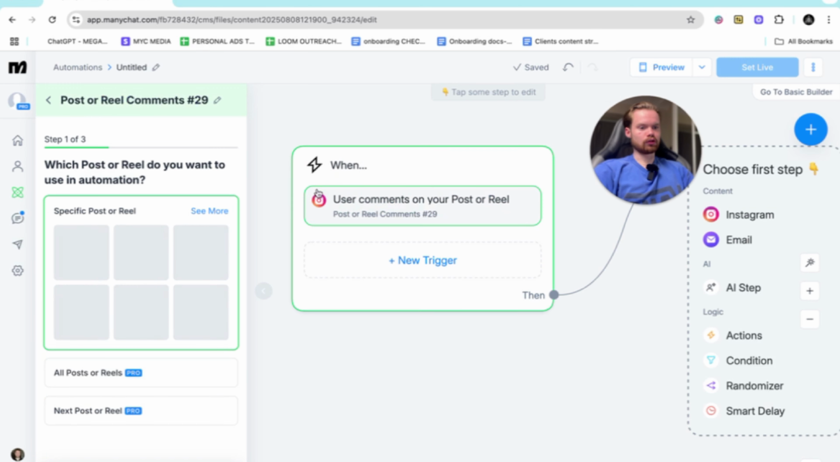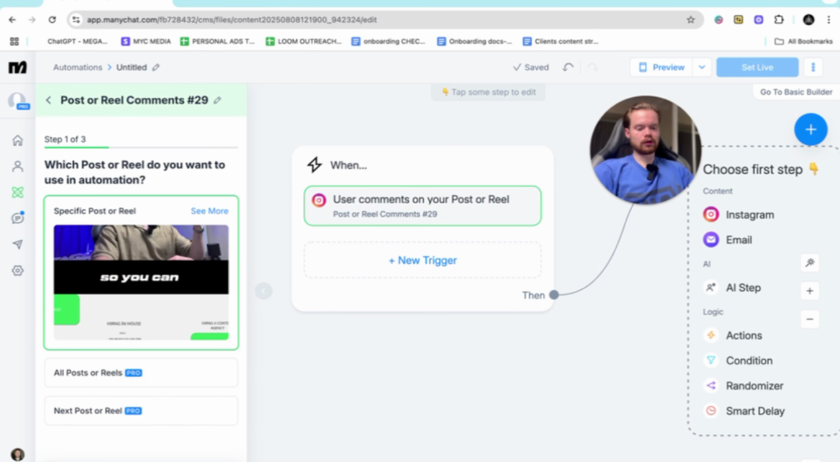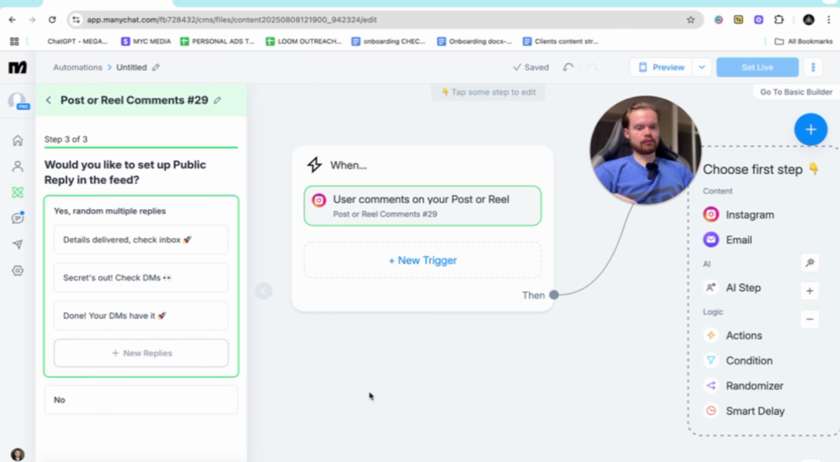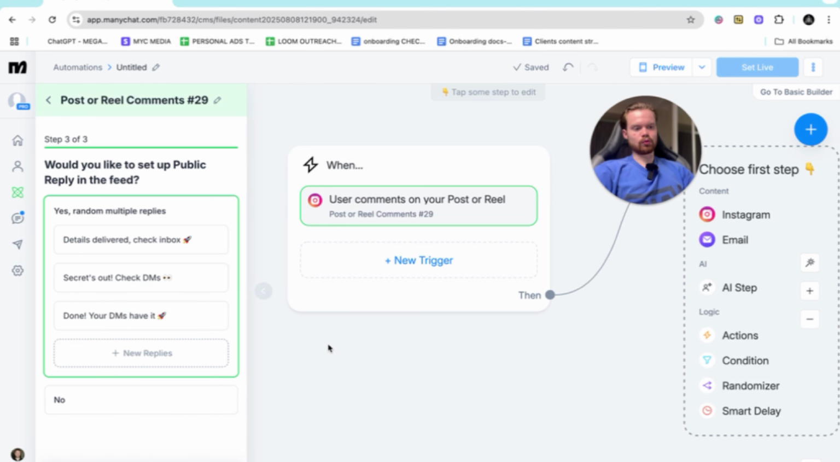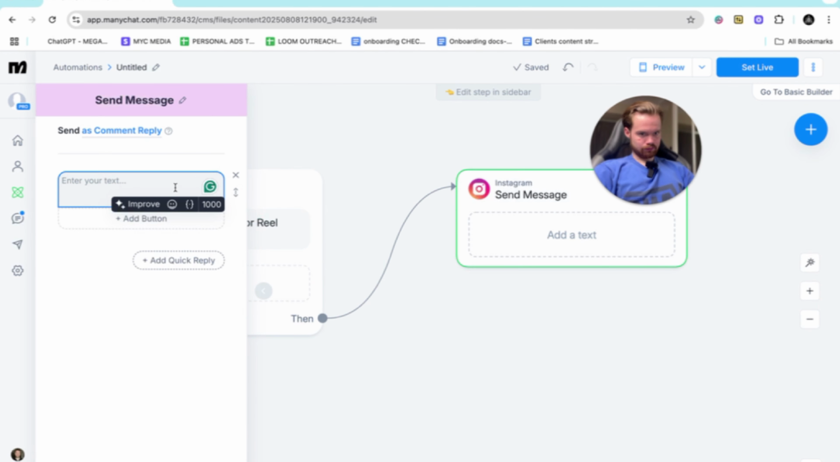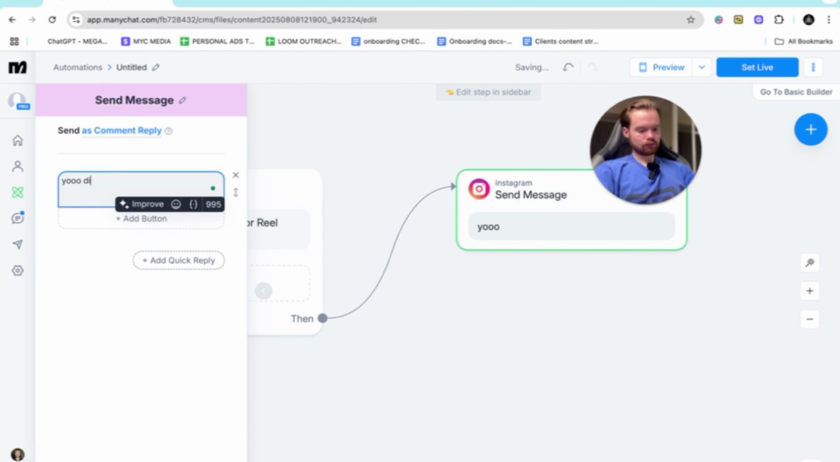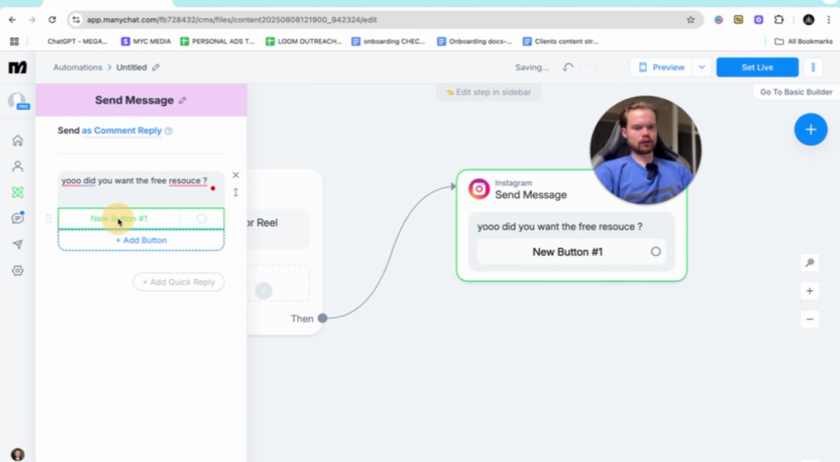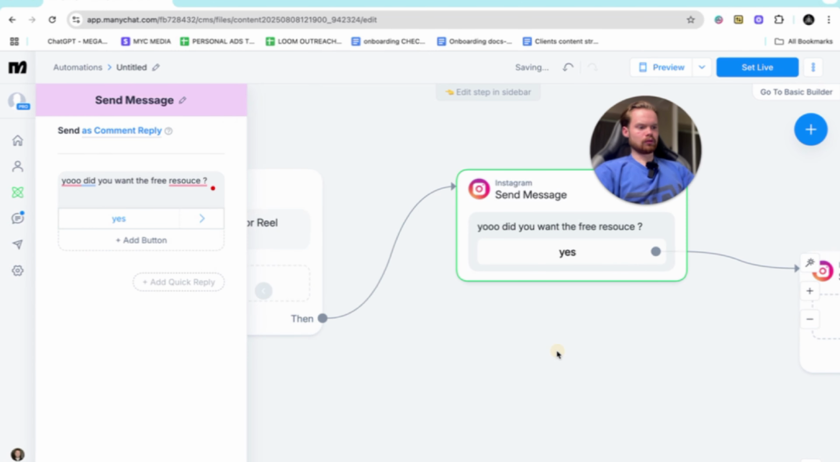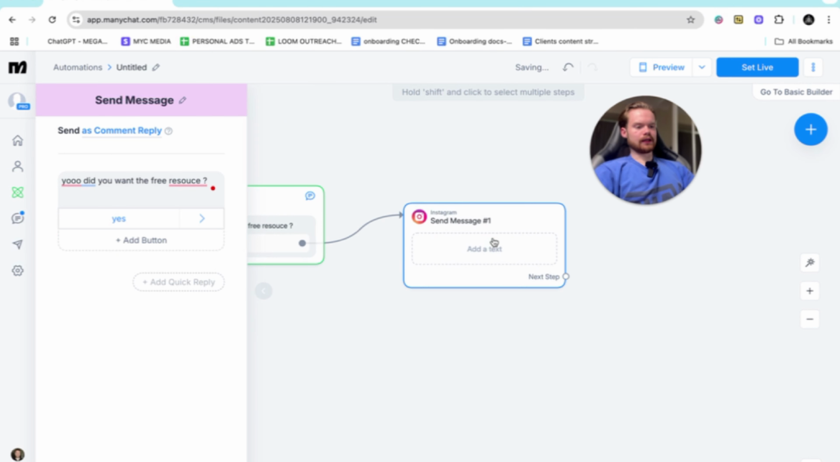New trigger, user comments on post, select the post that you want to do. Keyword is test again, and then boom, just whatever you want to put here. Save, and then Instagram. Did you want the free resource? Question mark. Yes. And then Instagram again. What we're going to put here is